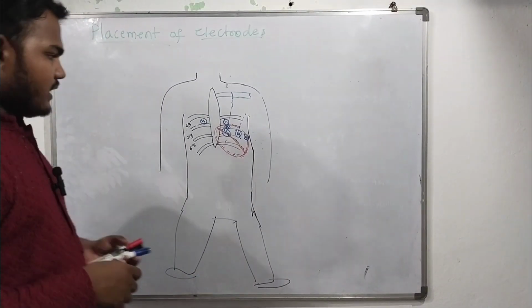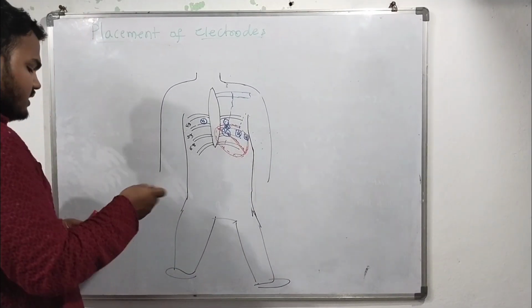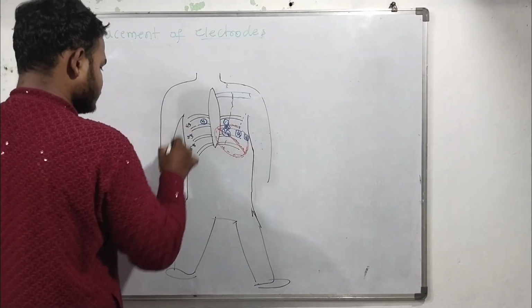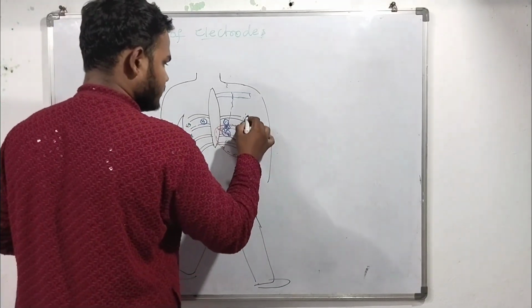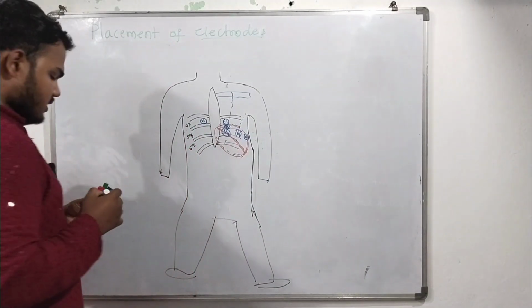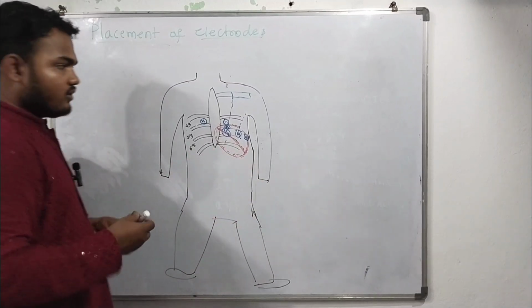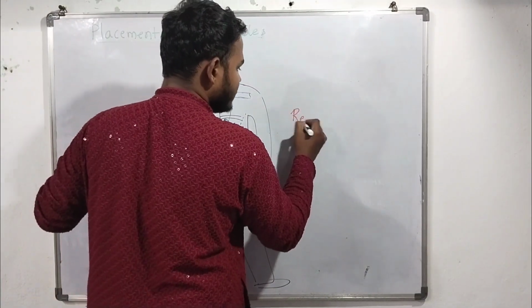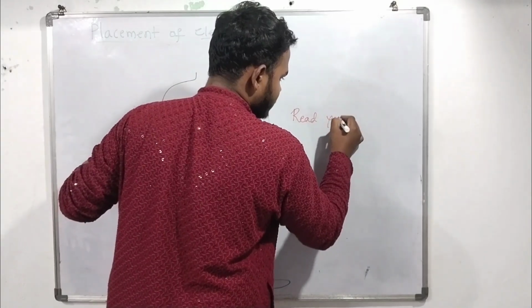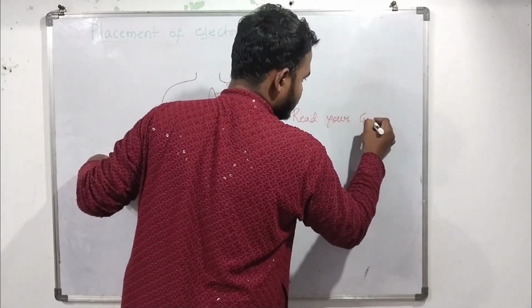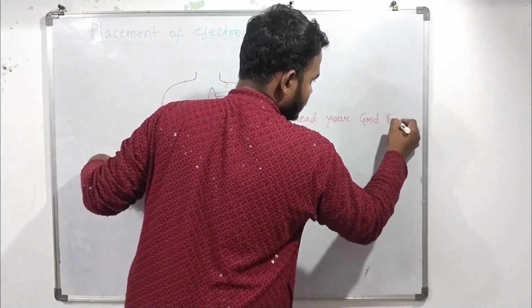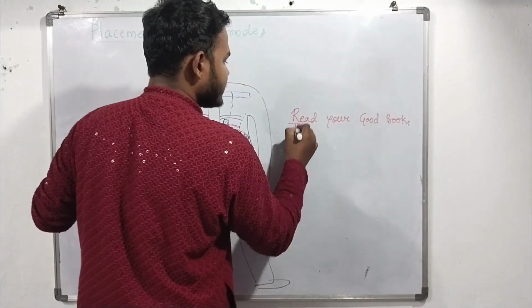Now here we will apply the limb leads. Let's suppose these are the limbs. Here there is a trick to remember the limb leads. What is the trick here? Read your good books. It means R is for red,